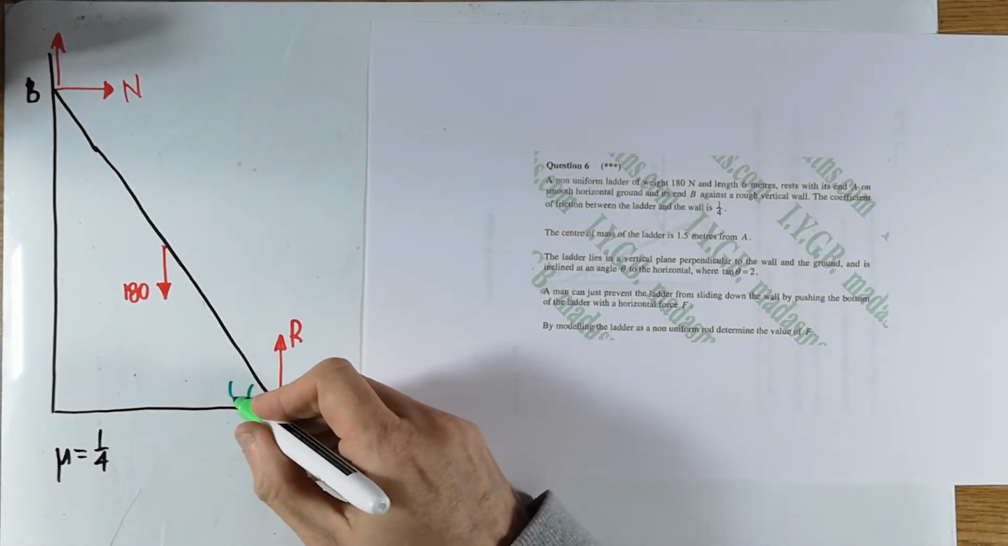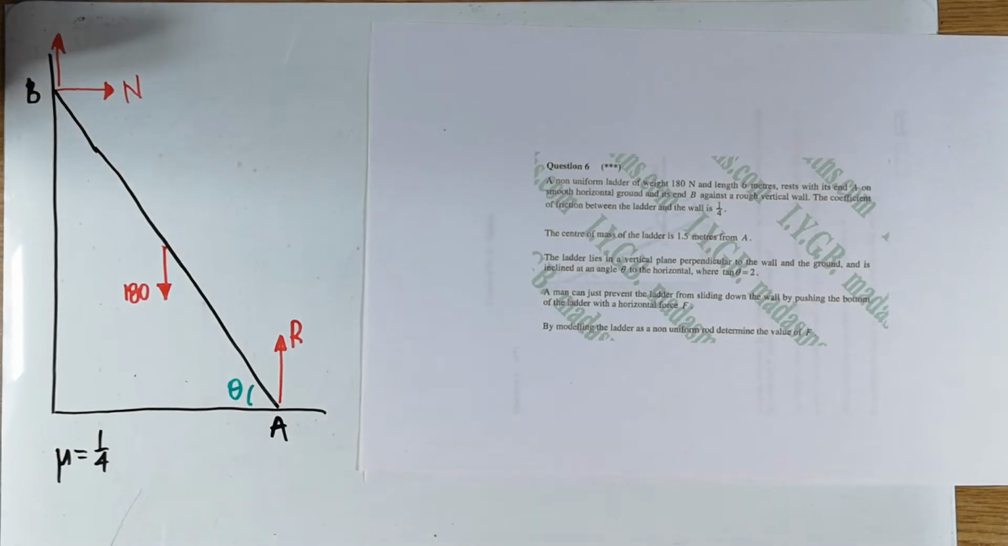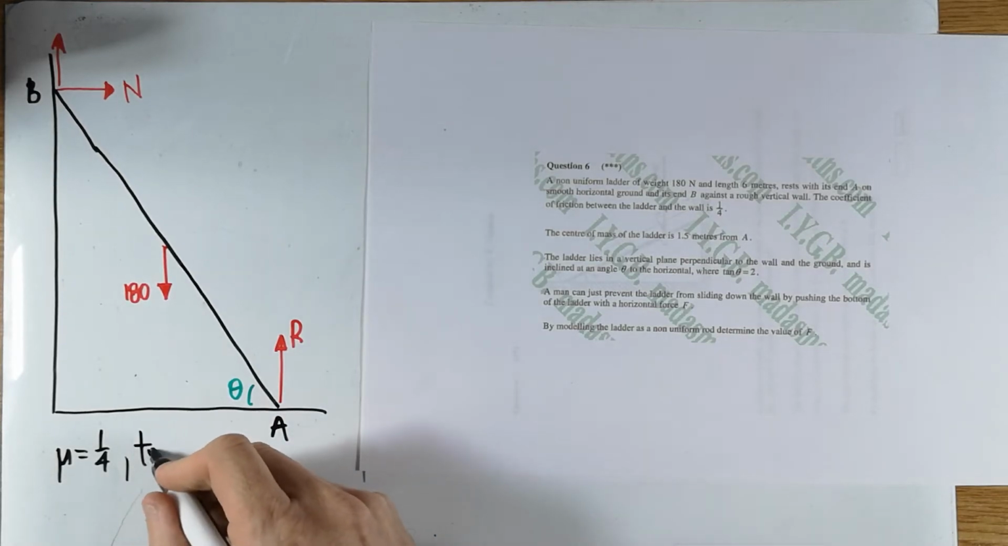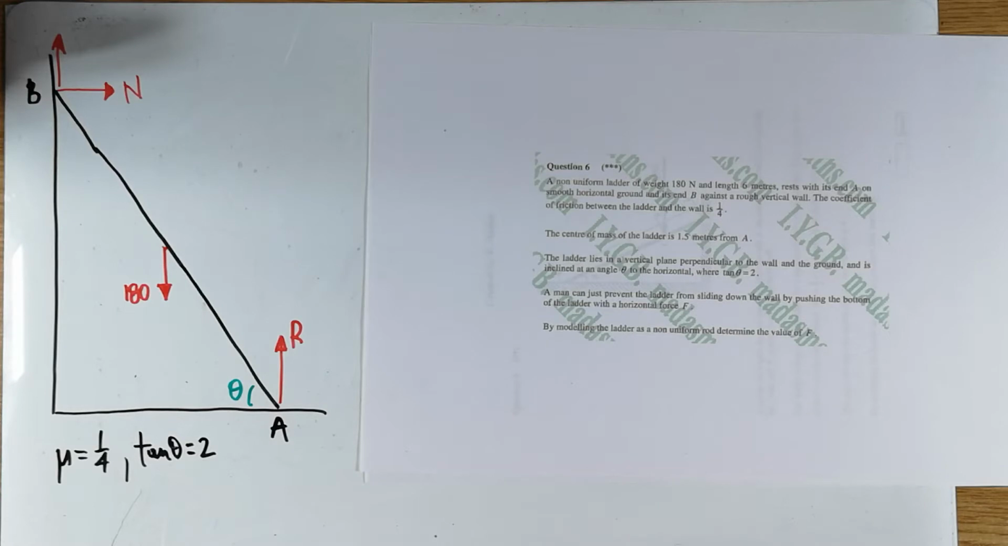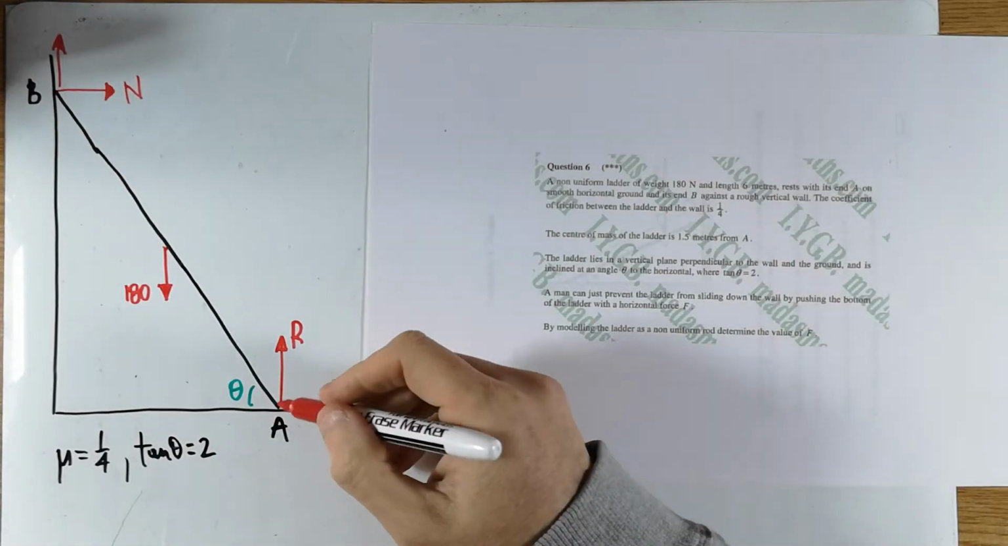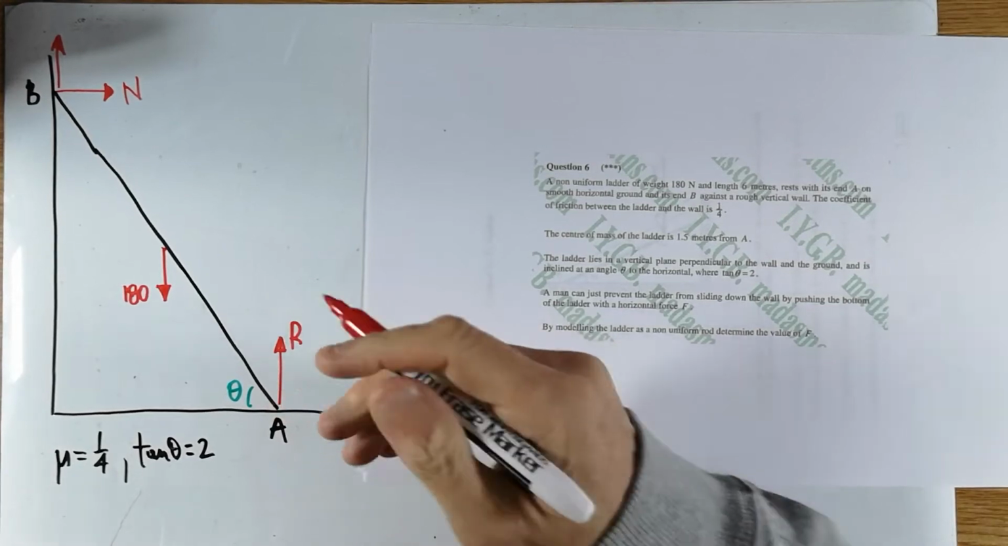So the angle theta is actually given, but not exactly in degrees. It's giving us the exact value of its tan, where tan theta is equal to 2. So that's as good as knowing the angle, the sine, cosine, and everything else. Okay, the question continues. A man can prevent the ladder from sliding down the wall by pushing the bottom of the ladder with a horizontal force F. So there is a man at the bottom of the ladder, perhaps on his knees, and he's pushing the ladder towards the